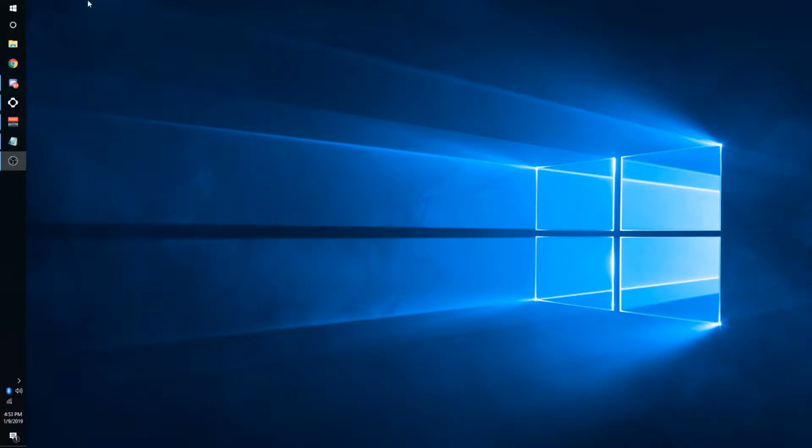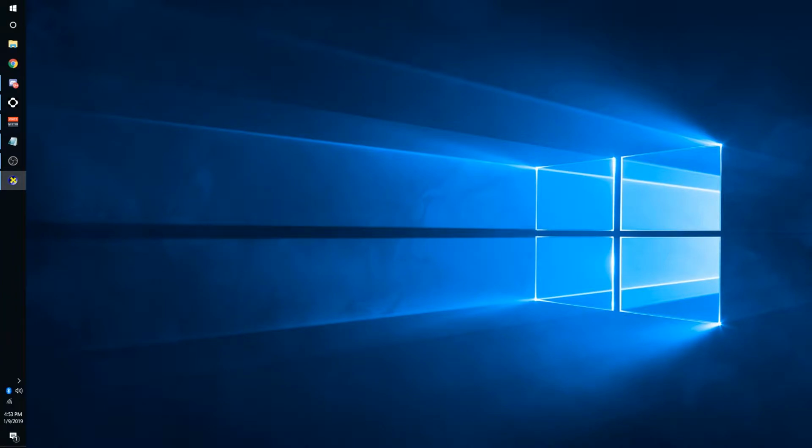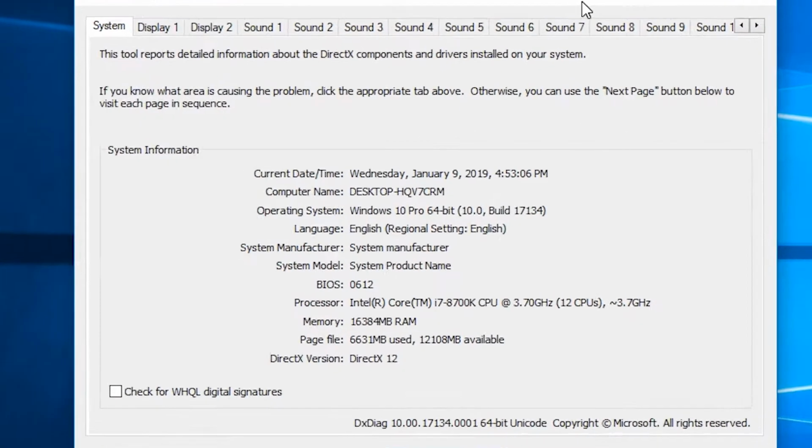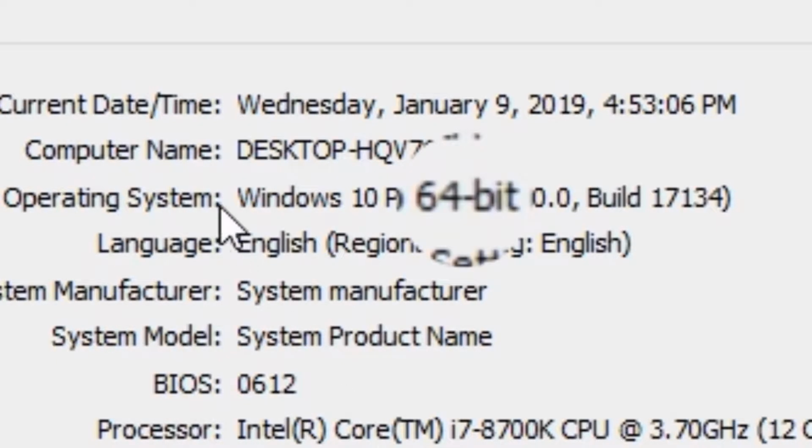Let's get started by checking the bit version of our computer. Simply go to the Start menu and type in DXDiag. From here, you'll see your Windows OS and to the right, the bit version. Either 32 or 64 will appear, and that should let us know which installer we'll be using to download our